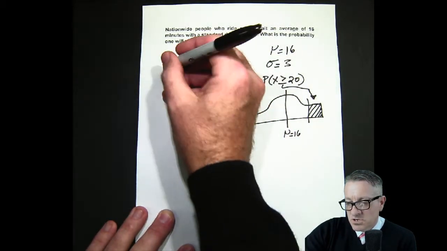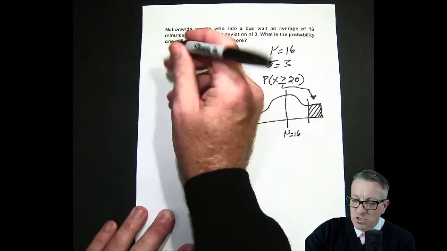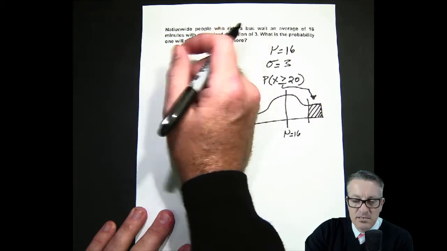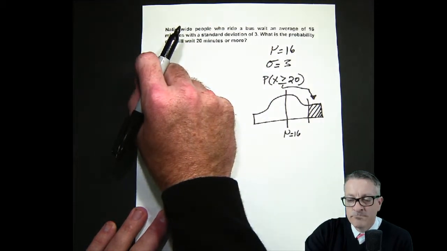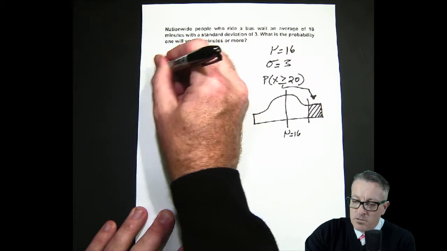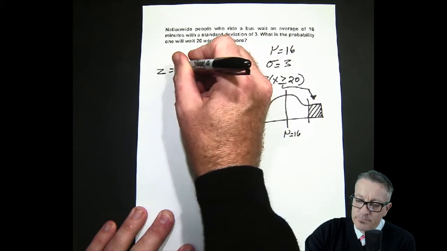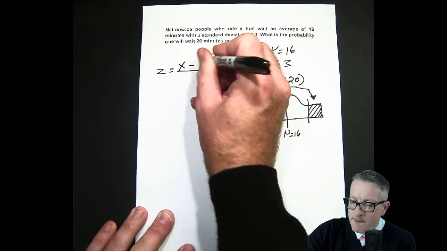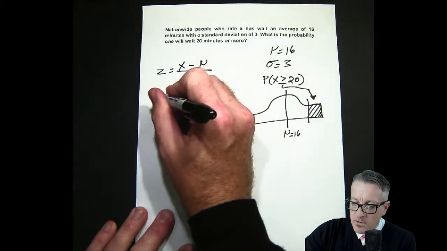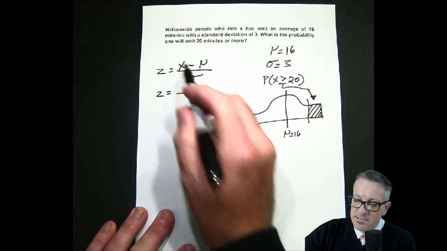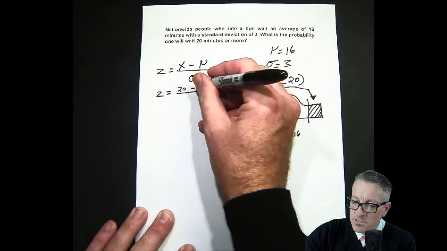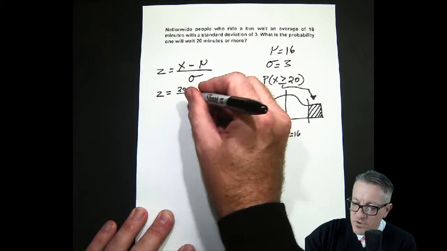So we're going to use the z distribution in this case. This is a population distribution, so we can go straight to the z, and we're going to standardize our data. Once we standardize it, we go to the z distribution table. Then we can easily solve the probability that we're looking for. So the formula we're working with may look familiar to many of you. So then we fill it in. Our x in this case is 20. Our mu is 16, and our standard deviation is 3.